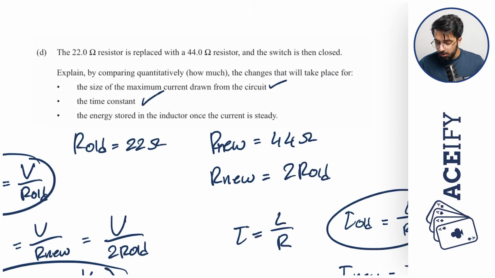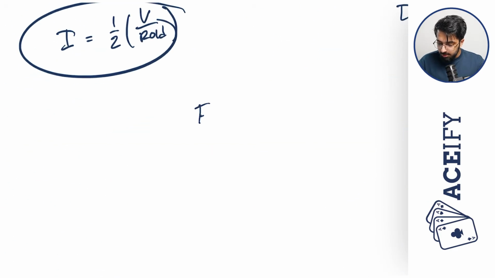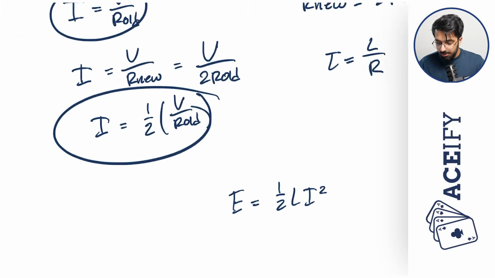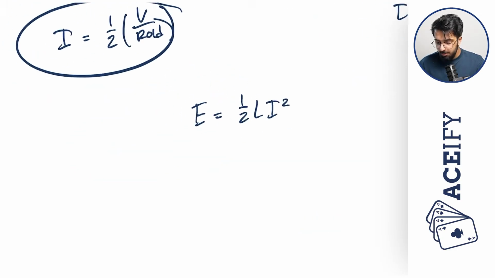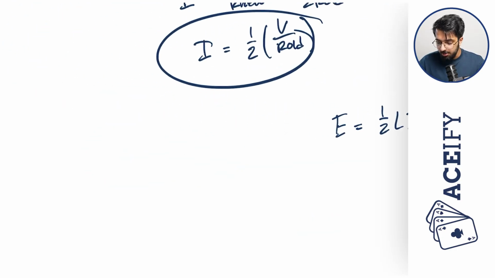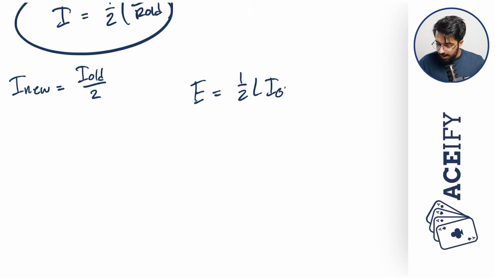As for the energy stored in the inductor, the energy stored in the inductor is equal to half L I squared, as the current in our circuit is now half the value that it was before, okay? And so we can quantify this and say that our new current is equal to our old current divided by 2, okay? And so if we make this our current old squared, and this is our old energy,